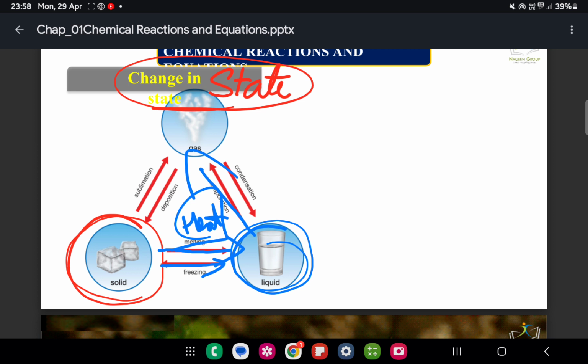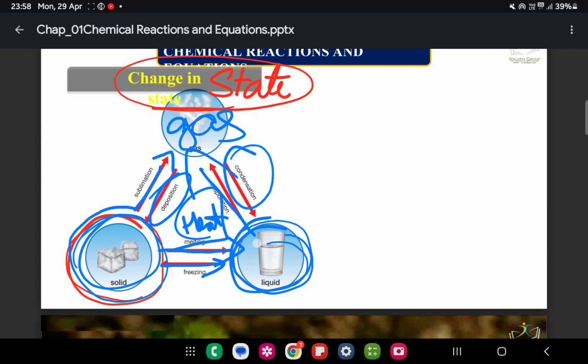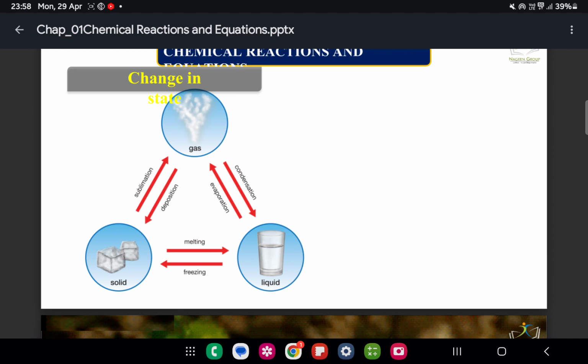Okay, then another type, when the solid undergoes sublimation, it will be converted into a gas. Then gas undergoes deposition and becomes a solid. When the gas condenses, like gas in the cloudy area, and all these things we can see, gas condensing means we will get water. If the water heats up, it will evaporate. Once again you see,